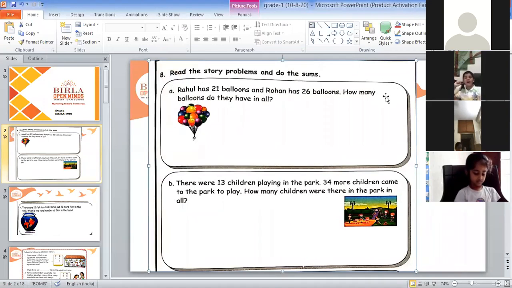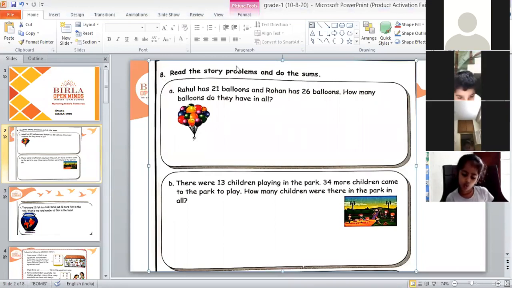Okay. So now I'll be reading these word problems. You all have to read along with me. Try to understand what is there in these word problems. And you have to write statements also. Fine. Yes. So children, your first word problem is